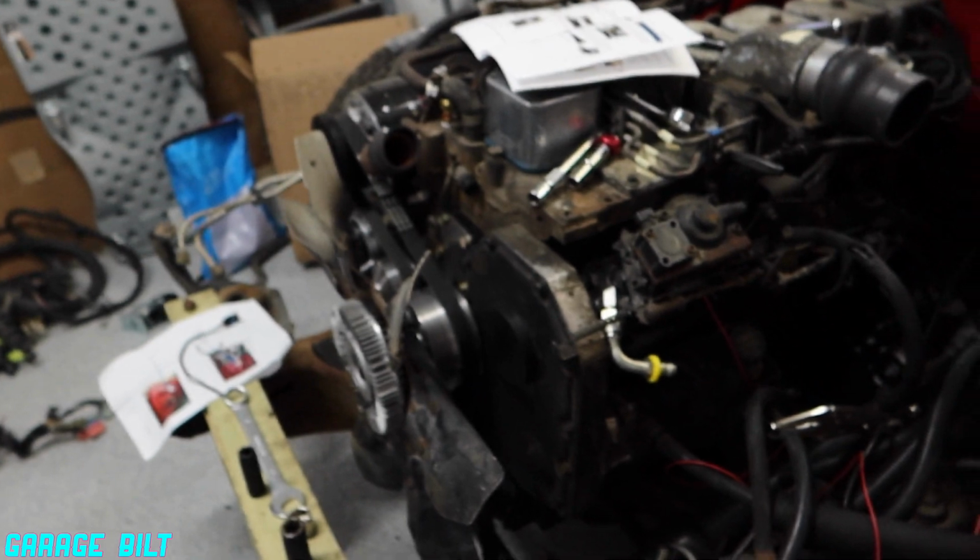All right, guys, we're back. Didn't really get a whole lot done tonight. I'm probably gonna need some tools, and maybe y'all could help me with some of this stuff. If y'all or anybody on here has done an Airdog on a Cummins setup, let me zoom in here,